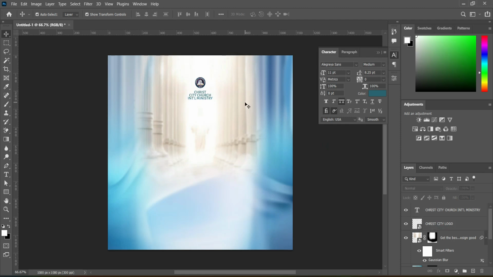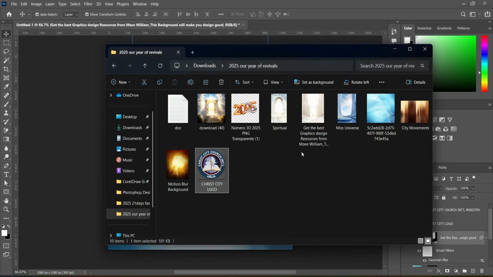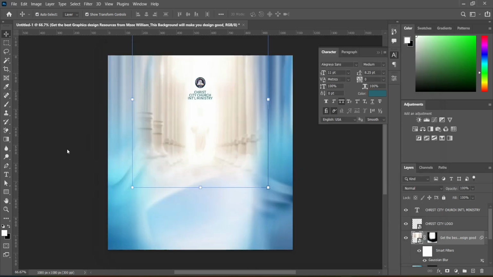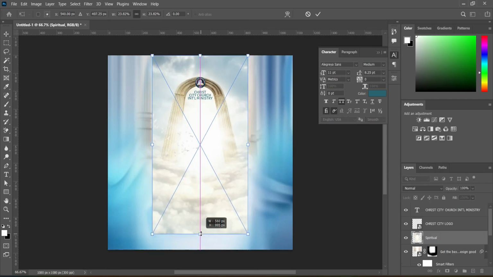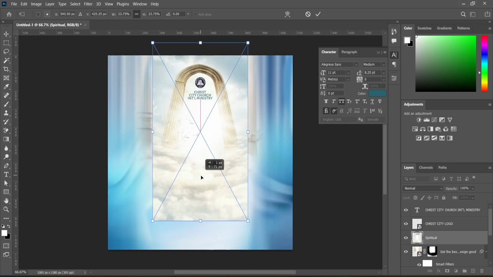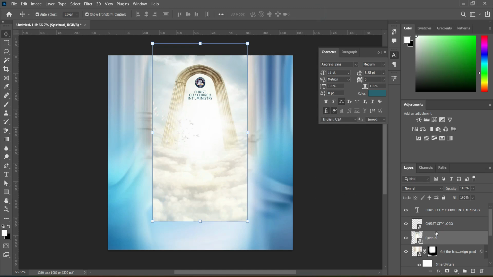Okay, so now we are going back to our background over here, and import this one over here, then take it up this way. It's okay. Now we are going to apply a layer mask,